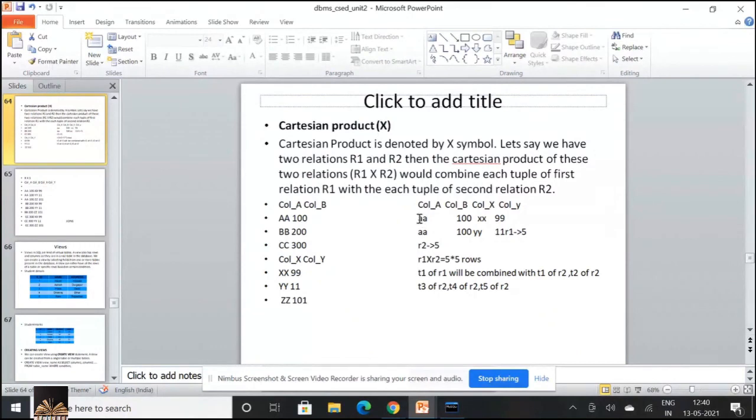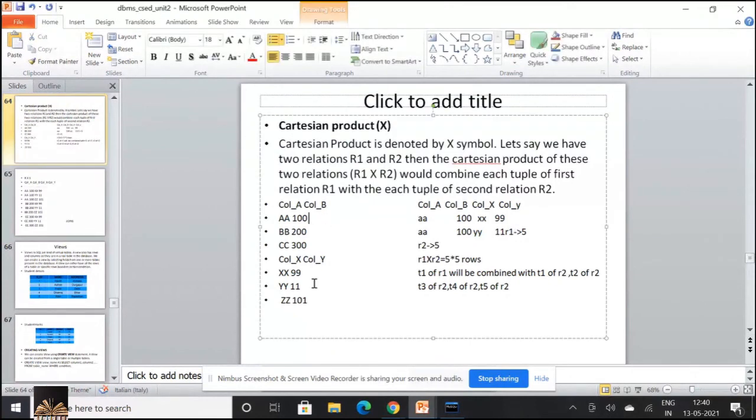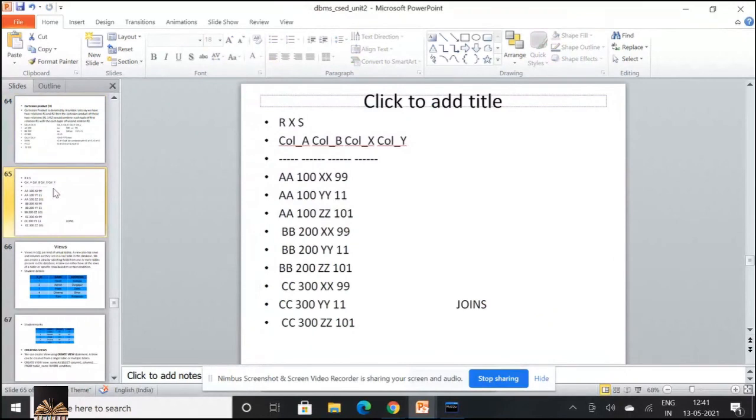That is what is written over here. So each row of T1 would be combined with each row of T2. So this is about your Cartesian product, R cross X.